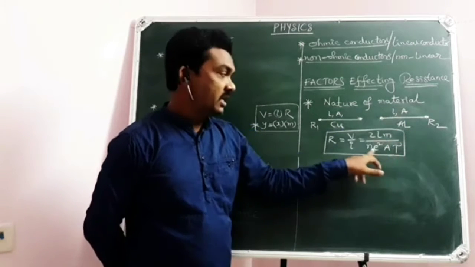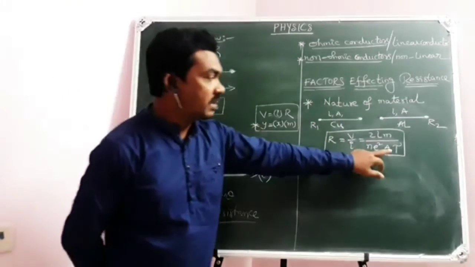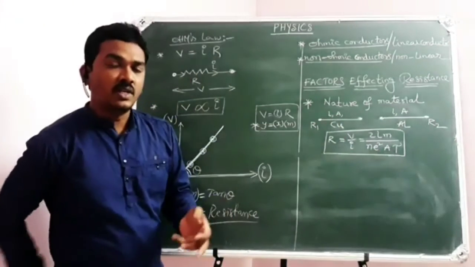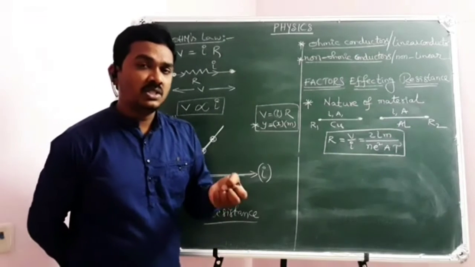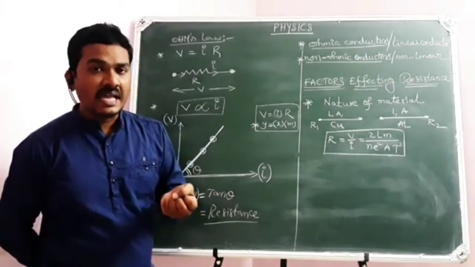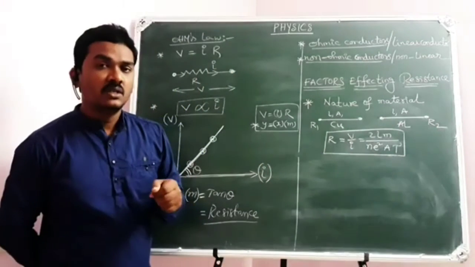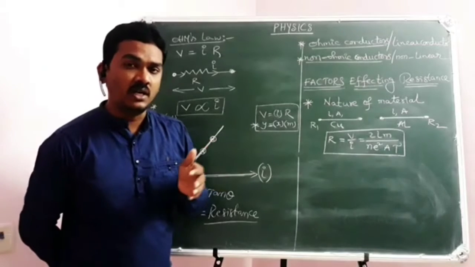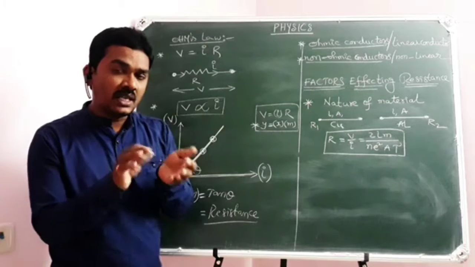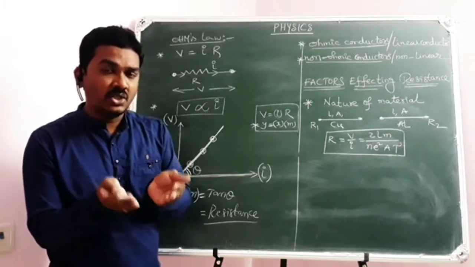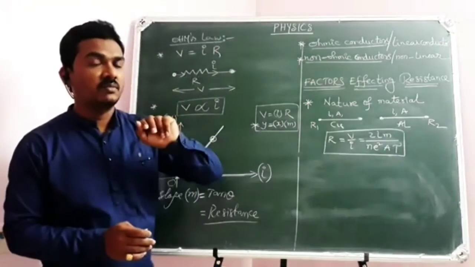Tau is the relaxation time. N is the number of electrons per unit volume. Relaxation time can be affected by temperature, because if the temperature increases, the electrons move very fast, so the collisions take place early. Relaxation time is the time interval between two consecutive collisions, because while passing through the cross-section of the conductor, electrons collide among themselves. That will change according to temperature conditions.